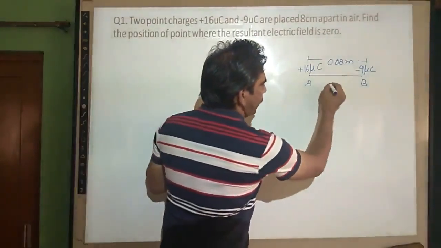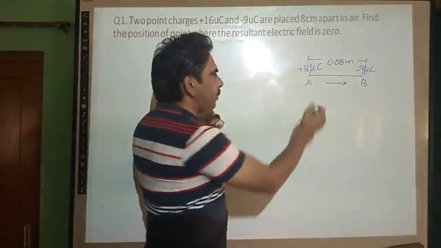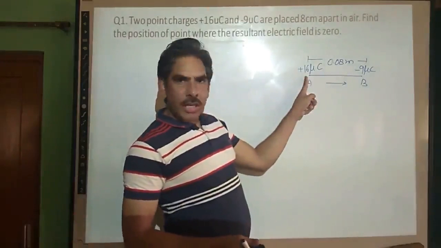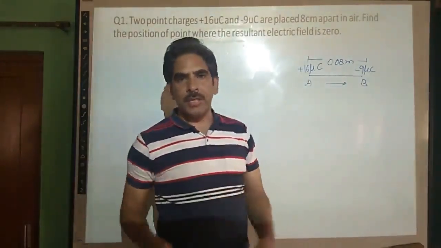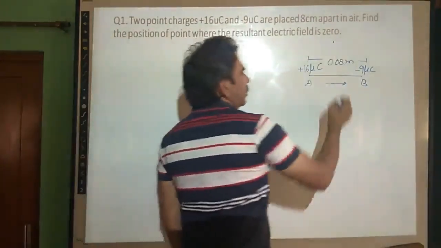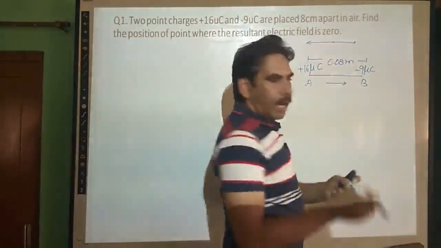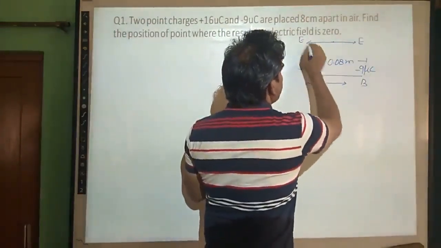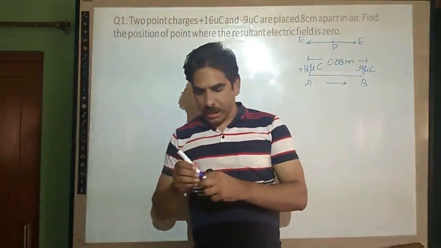The net electric field will always be directed in this direction. Hence, there will be no point between the two charges where the electric field will be 0. The electric field due to the first charge and the electric field due to the second charge, both will be along the same direction. Net electric field cannot be 0. We have to find a situation where at that point the two electric fields due to one charge and the other charge are opposite to each other, and also have equal magnitudes. We have to find that point which is asked in this question.